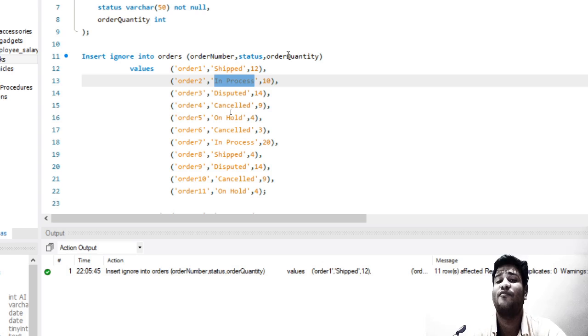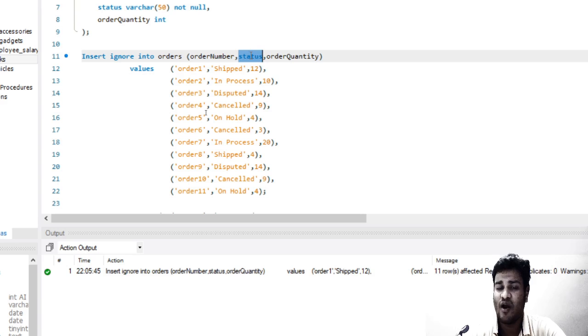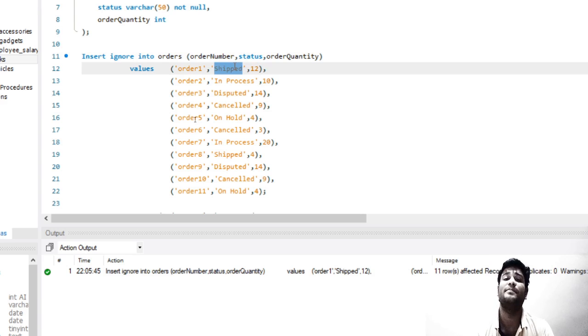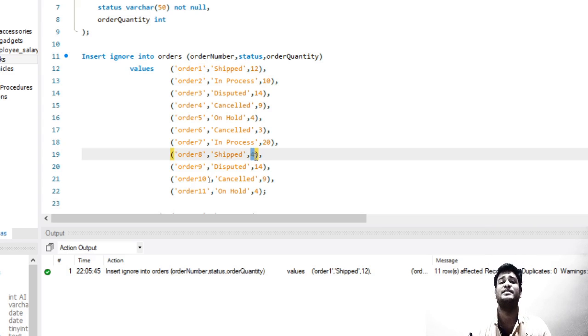And then you can perform some actions or aggregate functions on other fields. So GROUP BY is done on status. Now if you want to see in total what quantity has been shipped, imagine your company produces just a single product, let's assume headphones, and you want to see how many products have already been shipped. Shipped appears in two places, 12 and 4, which is 16. So 16 products have been shipped by your company as per this table.